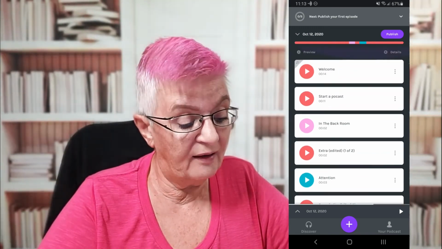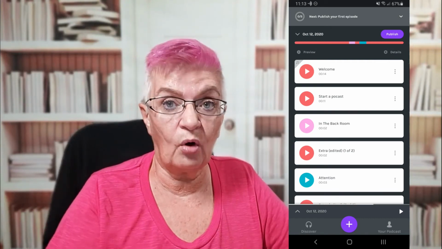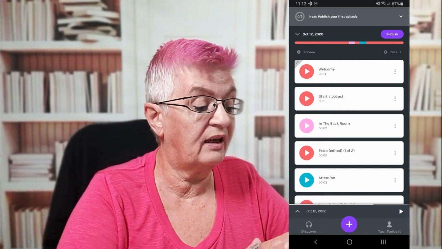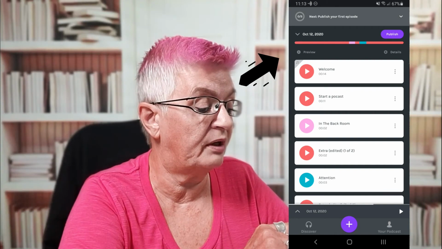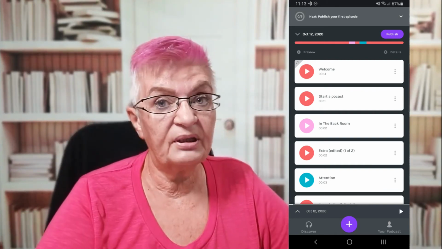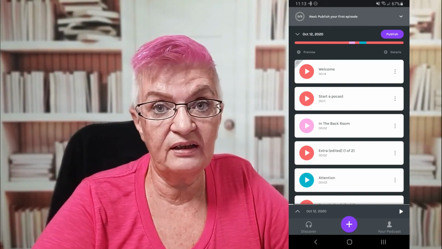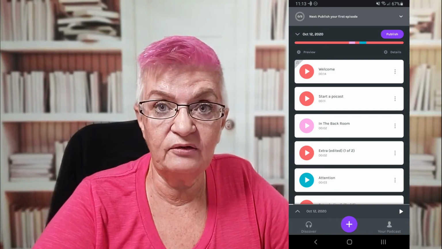That wasn't the best placement, but this is just to show you how it is done. So now we have a lot of pieces, and if we want to listen to all of it, how it sounds together, we have the little preview button at the top. We are not gonna listen through it now, but that is how you can add background music and sound effects and music between your segments.